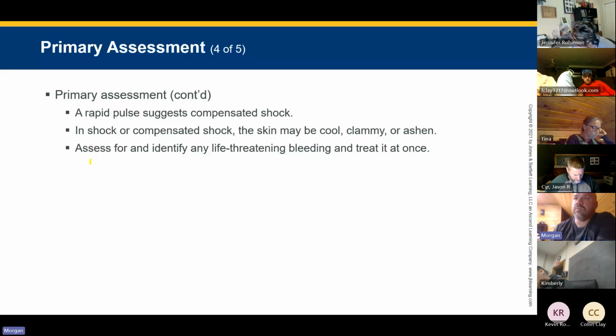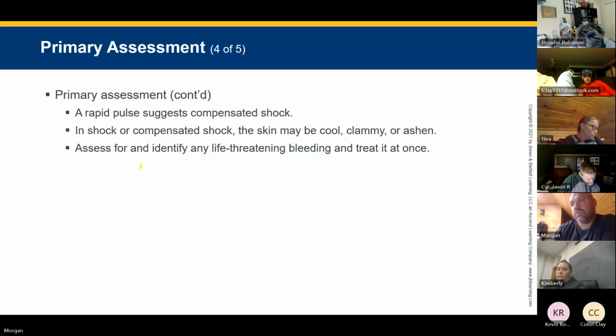But I guess it could, yeah, because of the more CO, so it'd be, and this is like just the blood. The tank is not full or is not pumping properly. And we need to identify life-threatening bleeding and treat it at once, like the tourniquets,